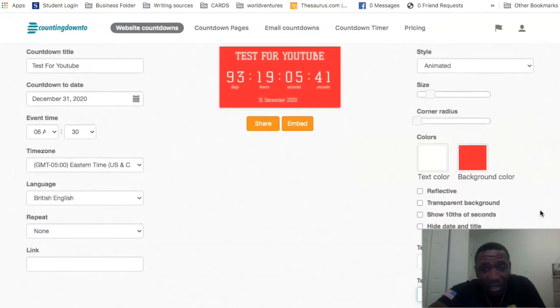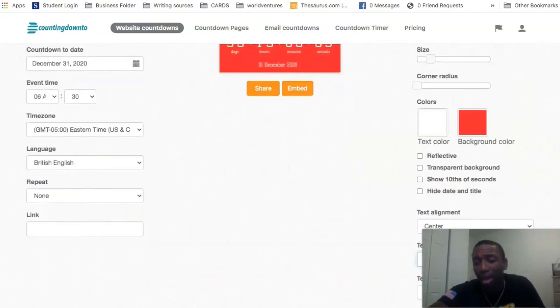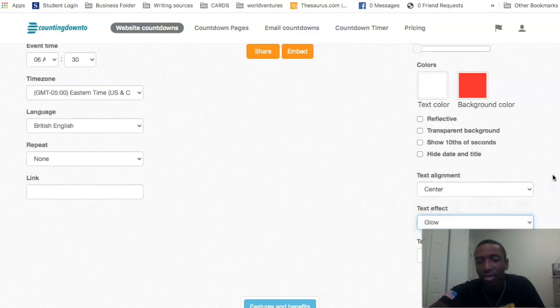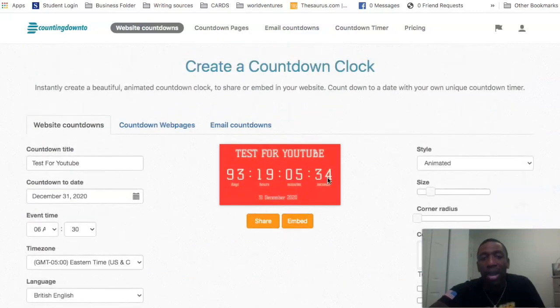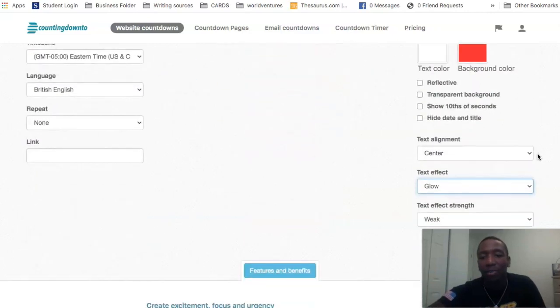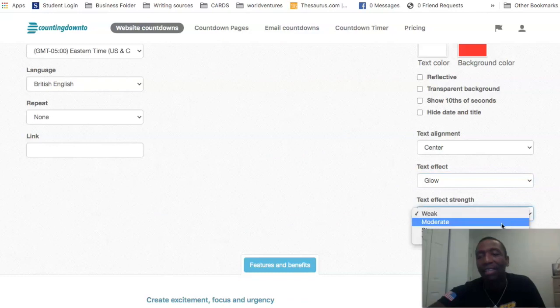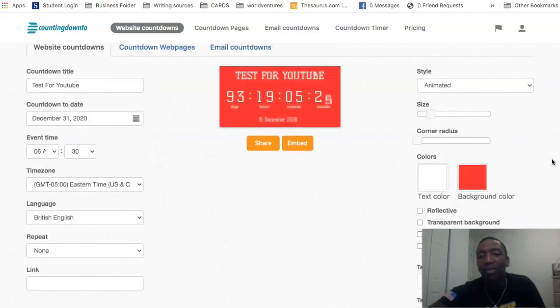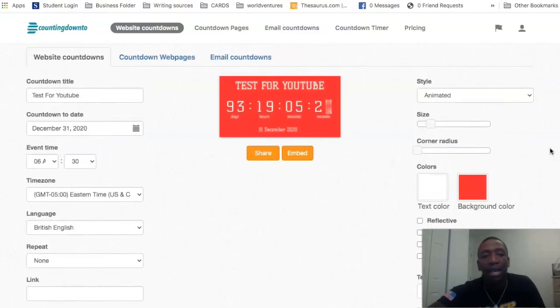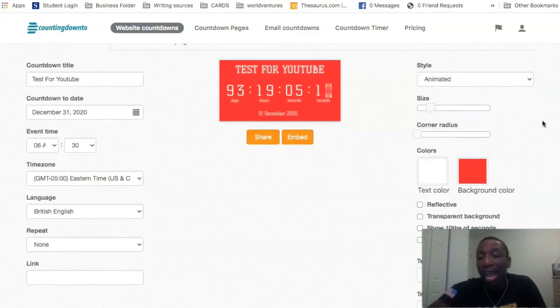So I can't really notice the difference. Maybe it's changing at the bottom, I want to say. Hold up. All right, so glow. All right, so I don't see much of a big difference there, so you can kind of play around with that, you know, if you want to. But let's continue to push down. So you can see text effect strength, right? So if I go to moderate, let's see what happens. Maybe it's just that I'm not noticing the changes, but at this point, once you went through everything that you could